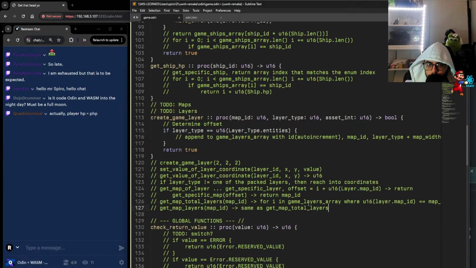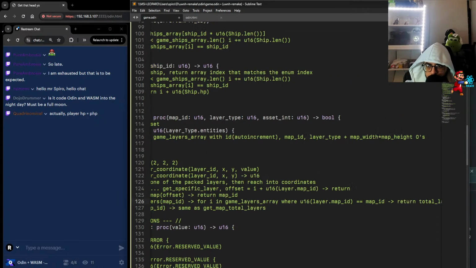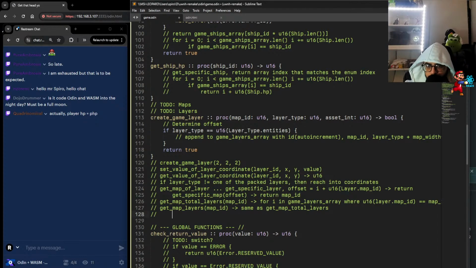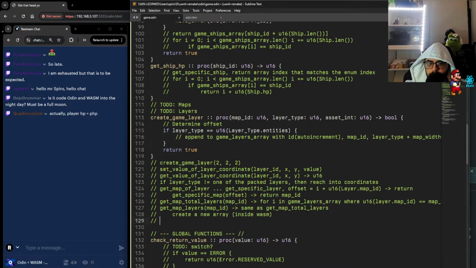So the idea would be that you'd go through the layers array, match up the map ID to the map ID you're searching for. And then what you would do is you'd create a new array right inside WASM. I already see that's not going to work. You cannot create a new array right inside WASM. Not within a function like that. Maybe you can, but